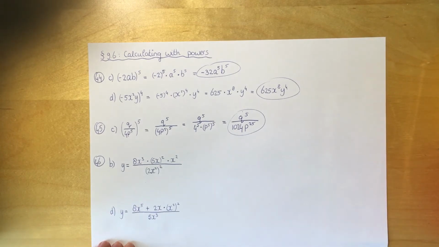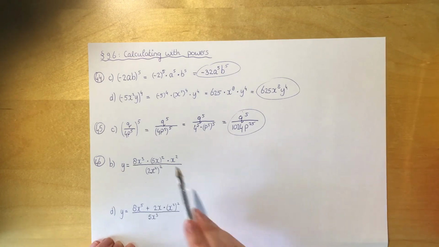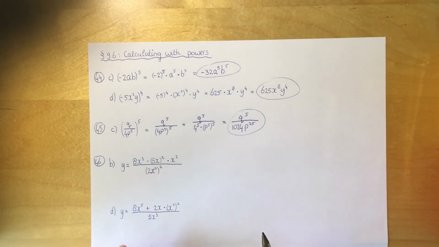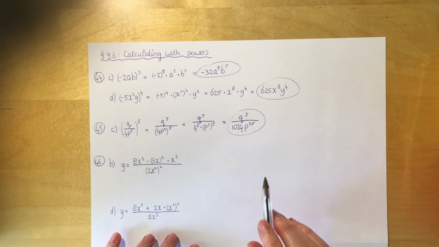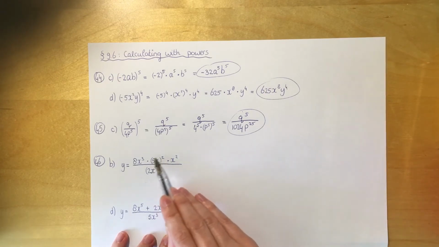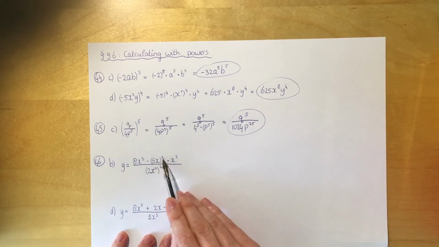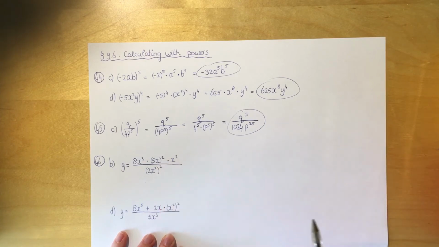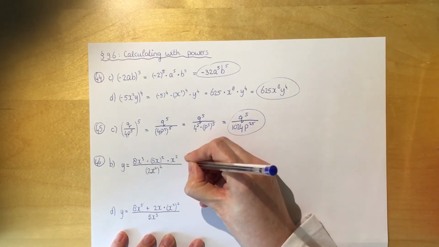Let's look at exercise 46b. Here we get a formula. That's a division or a fraction, but we can write this a lot shorter. Our job is to write it as y equals a times x to the power of n. Let's start in the numerator and work out the things that we can. First, in the middle, I can raise 5 to the power of 2, and I can do the same with x. So I get